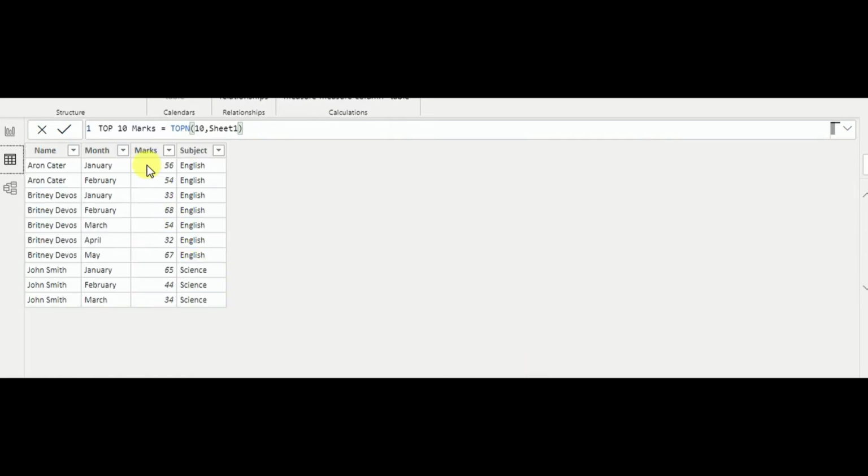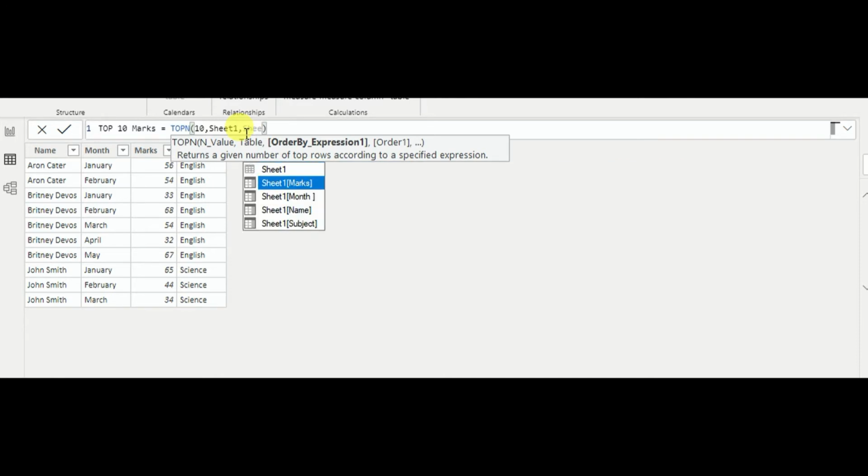As you can see, it just returns some top values, but the marks are not the top 10 marks as I want. So then I have to write an order by statement here. I order by Sheet1 marks, and I give the order as descending.